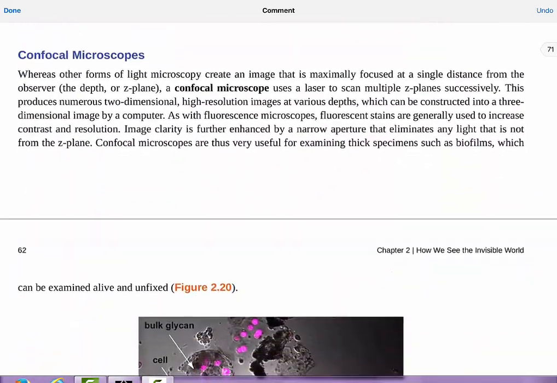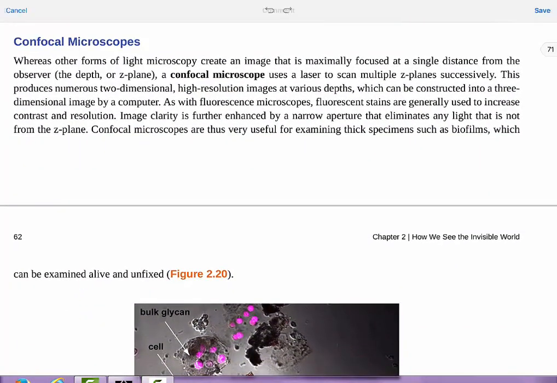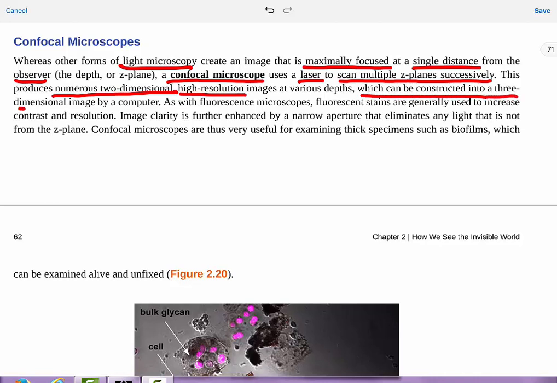All right, so next we have our confocal microscopes. Whereas in other forms of light microscopy, remember we're still talking about light microscopes, they create an image that is maximally focused at a single distance from the observer. A confocal microscope uses a laser to scan multiple Z-planes successively. So this produces numerous two-dimensional, high-resolution images at various depths, which can then be constructed into a three-dimensional image by